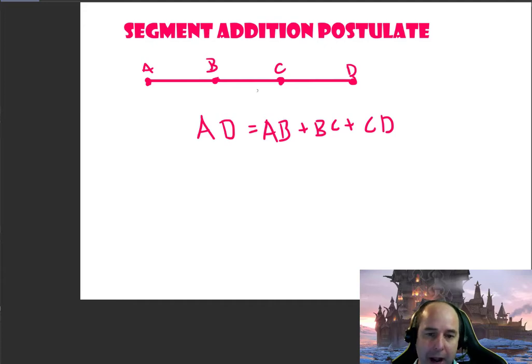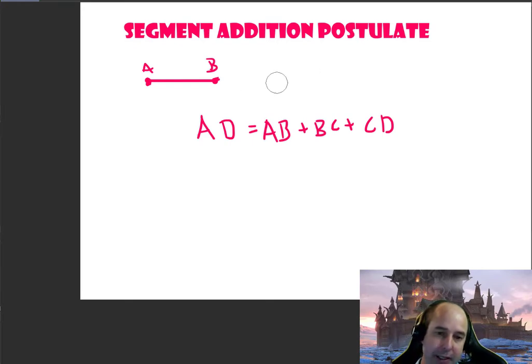It doesn't matter how many of these I have. Let's say I didn't have these other points, and I just had two, and the end was just C, with a dot here that was B. Then once again, the distance from A to C is going to be equal to